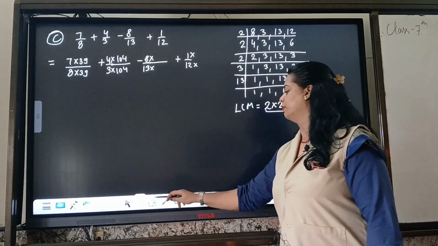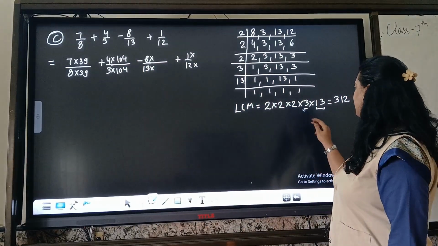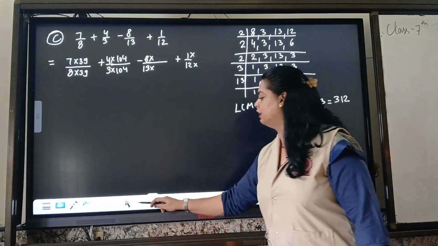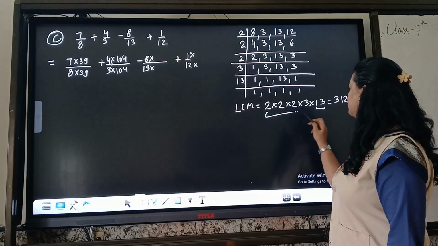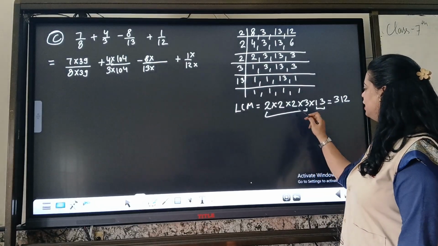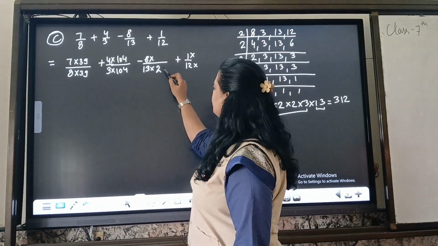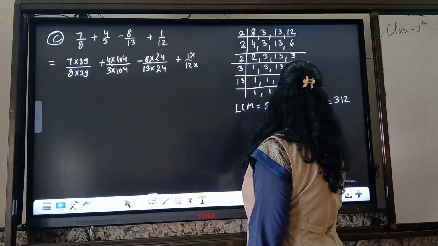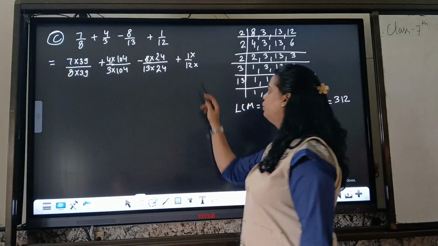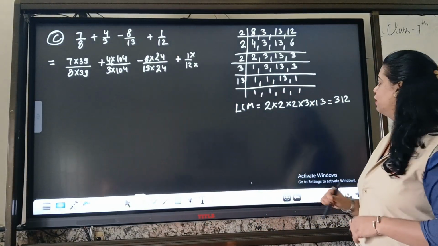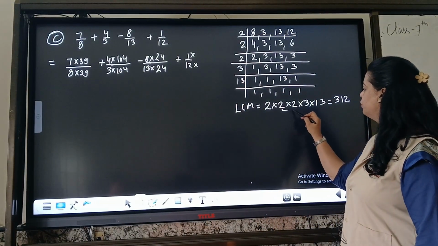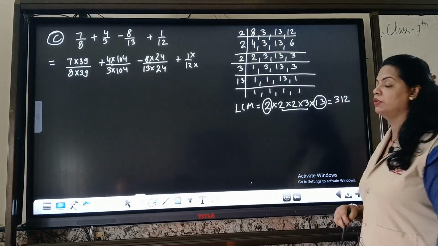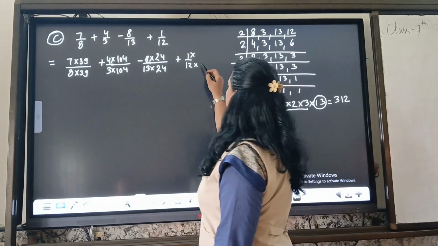Now with 13. Do we have 13 in the factors? Yes, we have 13 in the factors. So the rest of the numbers will multiply and this will be the required number for the equivalent fraction method. 2 2s are 4, 4 2s are 8, 8 3s are 24. We will write 24. Now for the last value, 12. Which of the factors is giving us 12? So 2 2s are 4, 4 3s are 12. So which ones are not in use? 2 and 13. 13 2s are 26. So we are going to write 26.